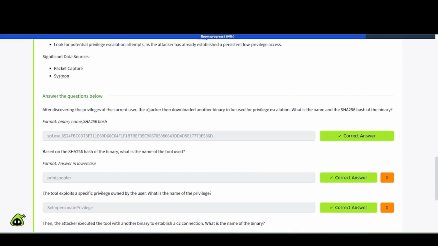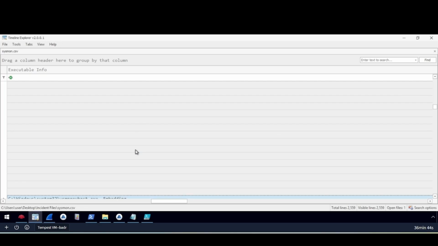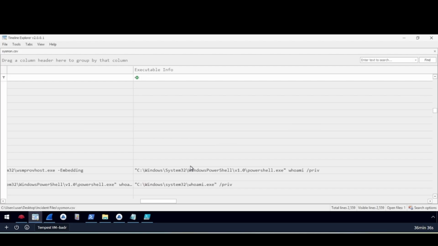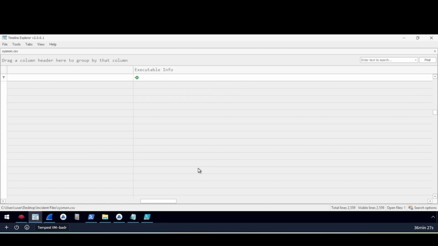After discovering the privileges of the current user, the attacker then downloaded another binary to be used for privilege escalation. What is the name of the SHA-256 hash of the binary? So once again, we're going to be looking for another binary. So once again, you can scroll down and try to find that just by going through. So you can see the privilege escalation here, or the reconnaissance. They're looking for privileges of that user, so we're getting close here with that whoami. Keep scrolling down,